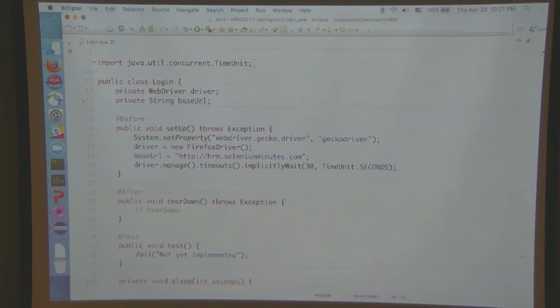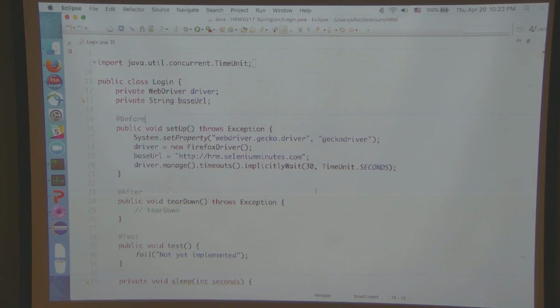Okay, so let's do this. Did you add your WebDriver to your build path? Yes. Did you notice magic happened and all the red marks went away? Yes. We completed 3 out of 3, right? So we specified where WebDriver is. We declared where the browser is and declared a Gecko driver for it, right? So we can communicate. And now we have our URL. We have everything we need, right? We're ready to use our WebDriver.